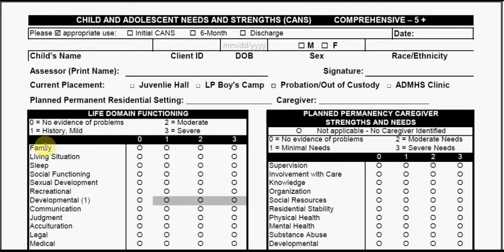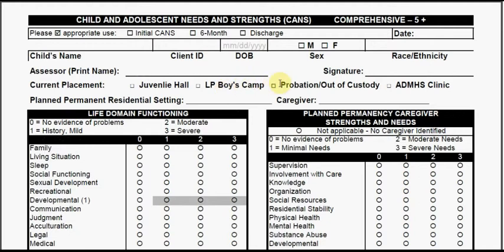We'll start first with the demographics at the very top of the boxes. Is this an initial CANS, 6-month or discharge? What is today's date? The child's name, the ID, date of birth, sex, race, ethnicity, your name, your signature. Where is the child currently placed? Juvenile hall, boys camp. What is the planned permanent residential setting of the child, even if the child is placed